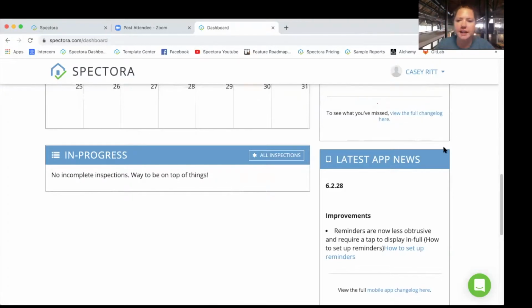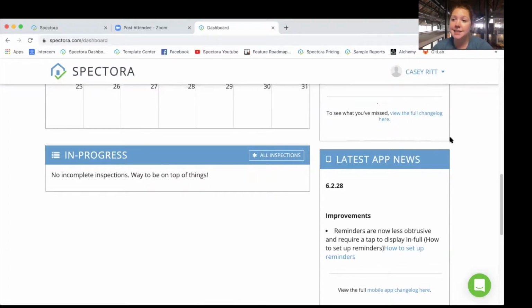If you are a tech nerd, which I realize there's a significant number of home inspectors who are, and then there's a significant number of home inspectors who are not very tech savvy. The good news is there's a small learning curve with Spectora, and it's pretty user intuitive. But for my more tech savvy people who are interested in learning how we earn that subscription fee with you guys